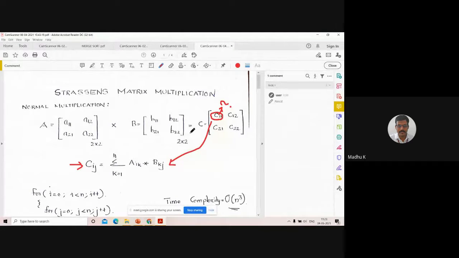C11 is equal to A11 into B11 plus A12 into B21. Using this equation, calculate all the elements. You should study or you